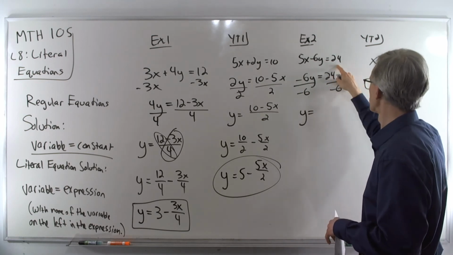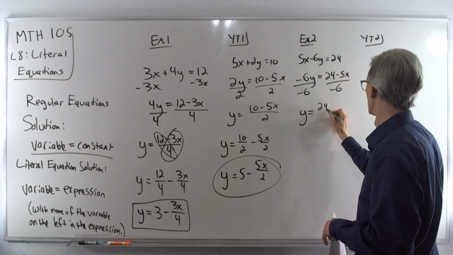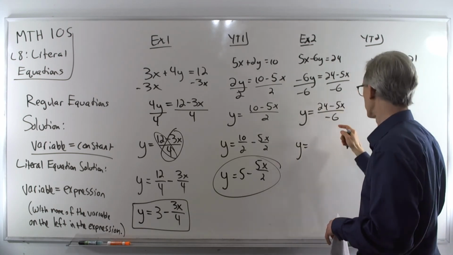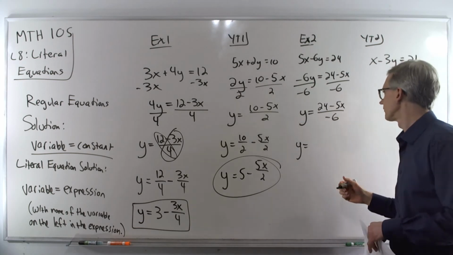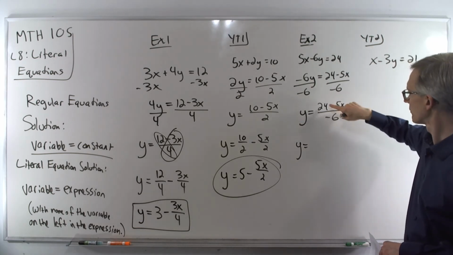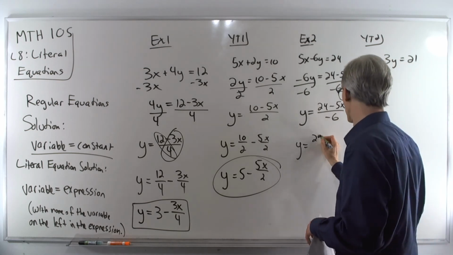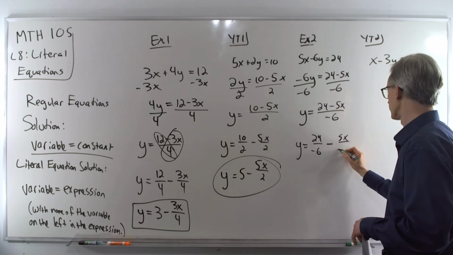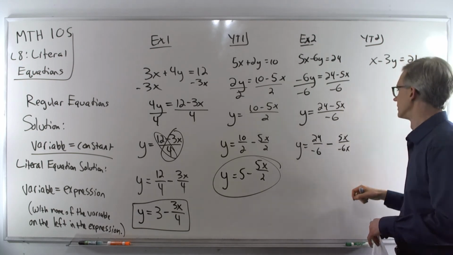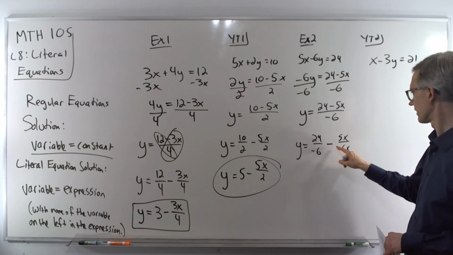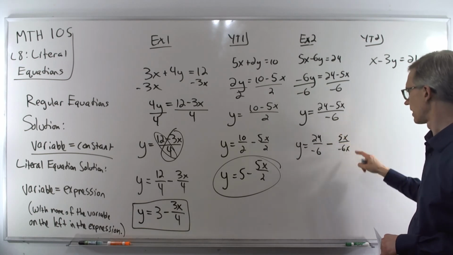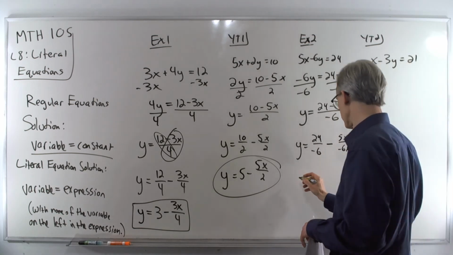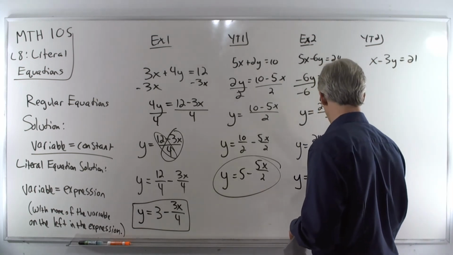And now this fraction, we're going to break it up again. But now we're dividing by a negative number, so we have to keep very close track of the signs. Here we've got positive 24 over negative 6 minus 5x over negative 6. We actually have two negatives over here, so that's going to turn this part positive. 24 divided by negative 6, positive by negative is a negative. So we get y equals negative 4